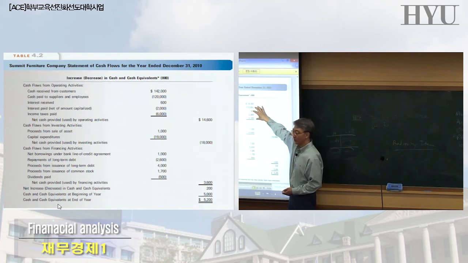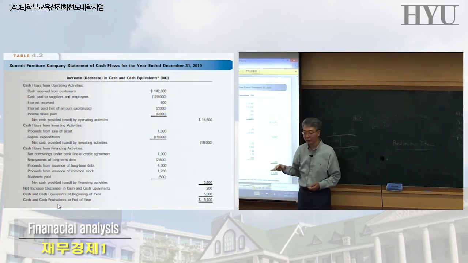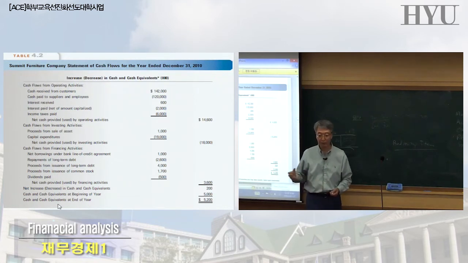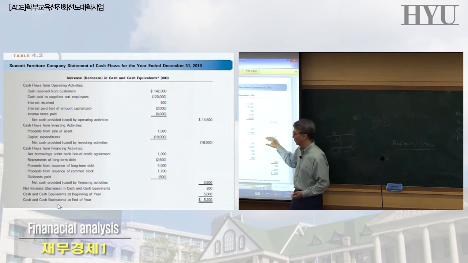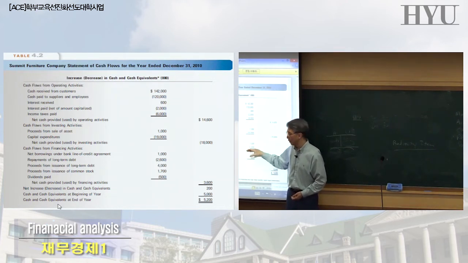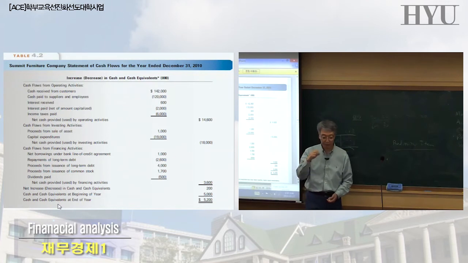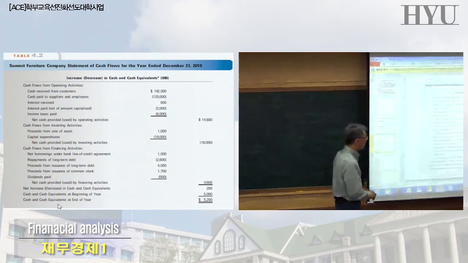The first area, the operation, if you have several vice presidents, is under the control of the VP of operation. The second area is maybe the vice president handling the asset purchases and sales. But this area is entirely the task of the financial manager, VP for finance. Whatever money the company needs, the financial manager has to come up with, either borrow from the bank, issue debt bonds, or issue stock. Somehow, the financial manager has to come up with enough cash to allow the operating activities and investing activities. So according to this table, the story is,